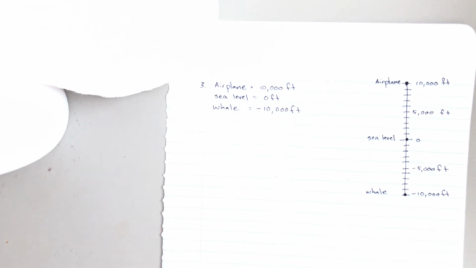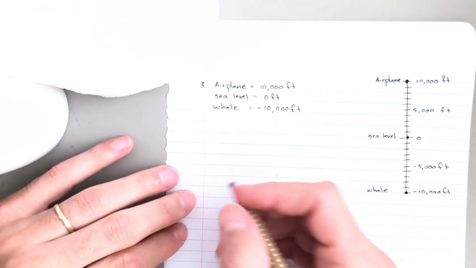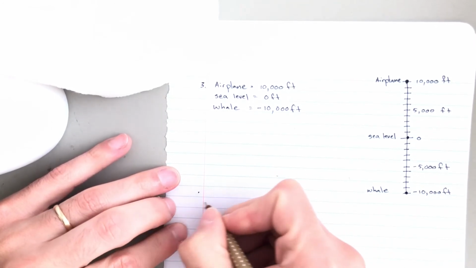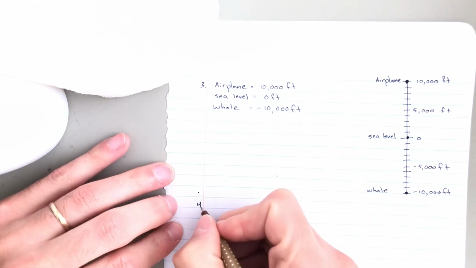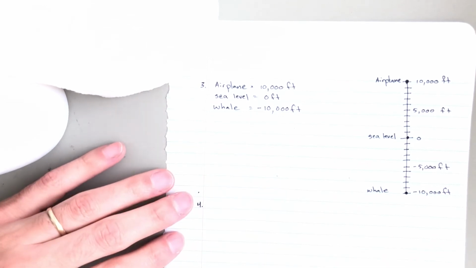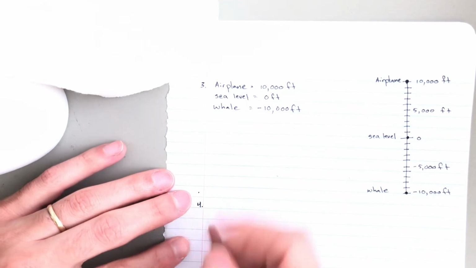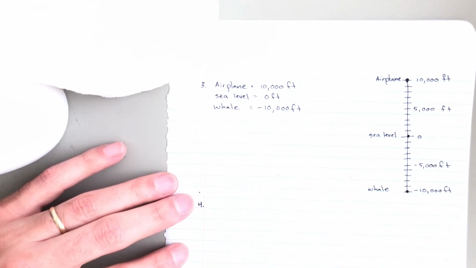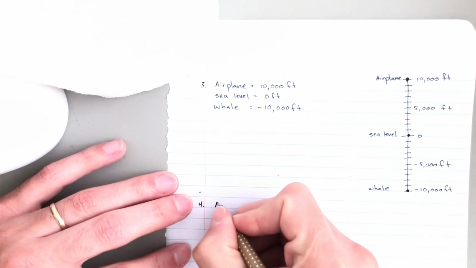So let's get a couple of these in here. They'll give you a word description of an integer, and you have to describe that integer. You have to put it into a number. So for example, a